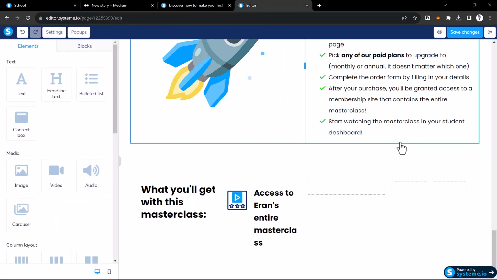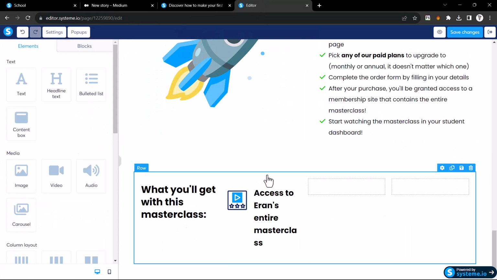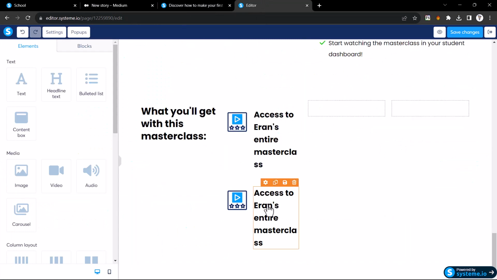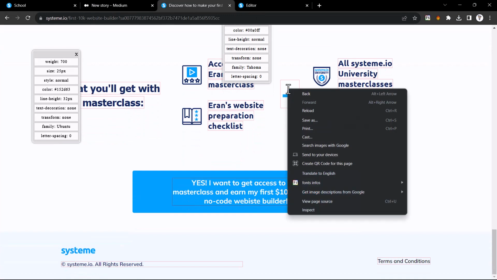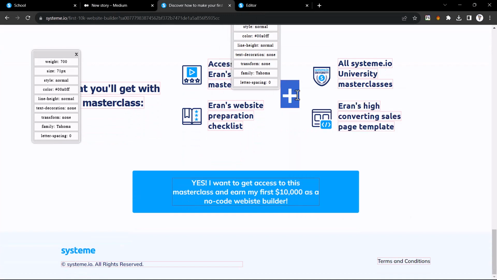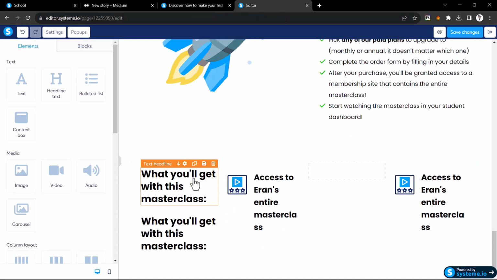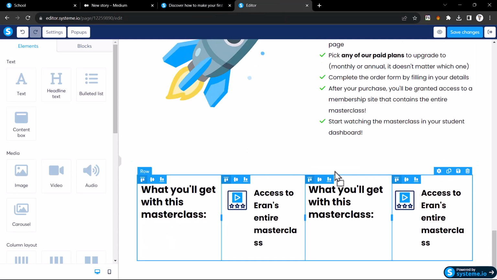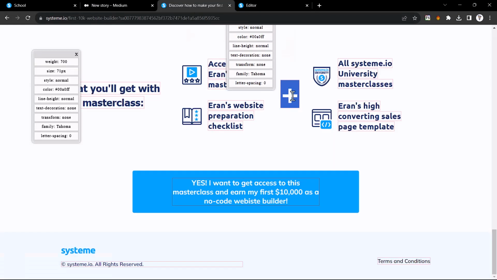Now do one thing, just delete this two column, and then just duplicate this 2 column, and then just drag this 2 column over here. Now this is a plus icon, okay, this is in text, so just copy the text, come over here, just duplicate this text, drag the text over here, select it and paste the text,